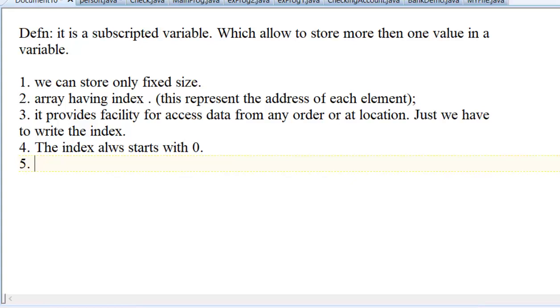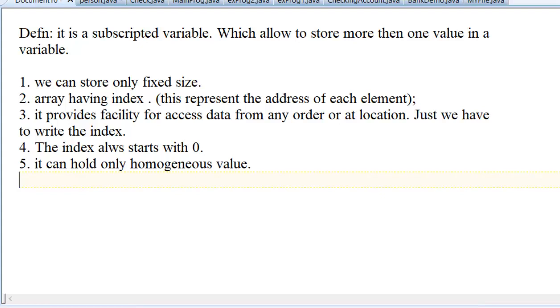Right? Next, it can hold only homogeneous values.